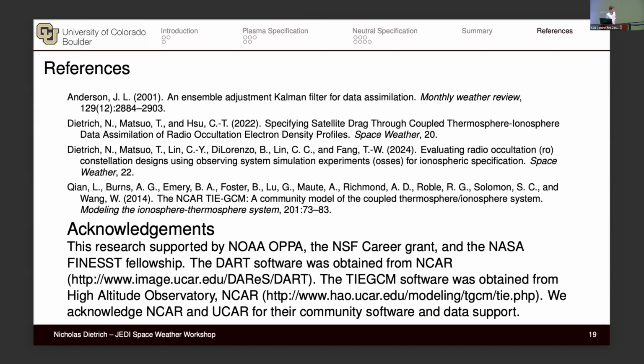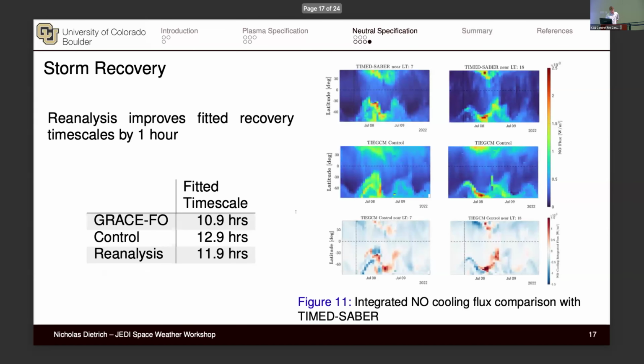I have a question. Yeah, sure. So in your last slide of the results, did you compare with SABER when you do the assimilation? Does it make any impact, or because the cooling is too low? You only show the control. There was minimal impact. It improves a bit because I think TIE-UGCM is generally, in quiet periods, a little positively biased relative to SABER data. But yeah, I think it's too low to really get